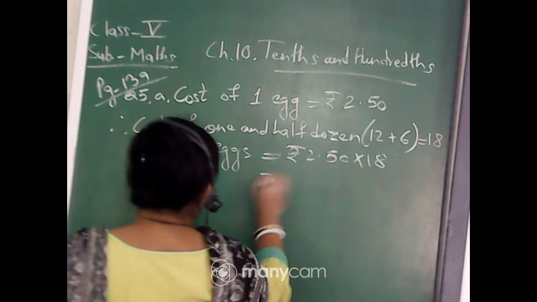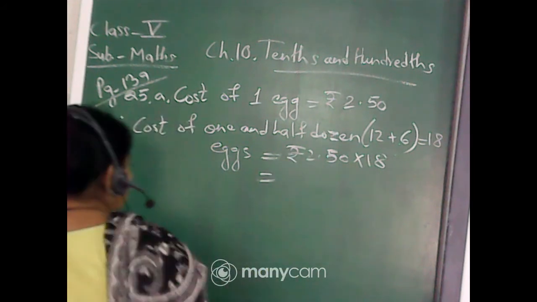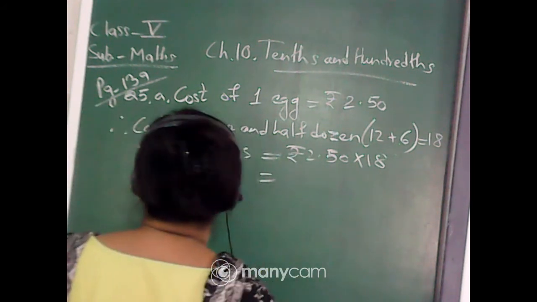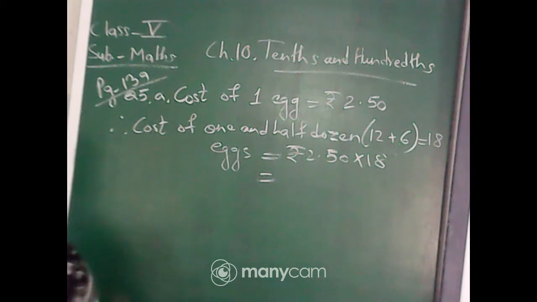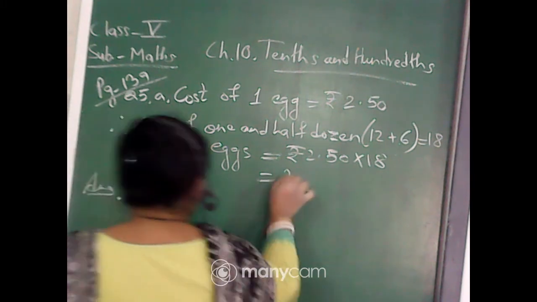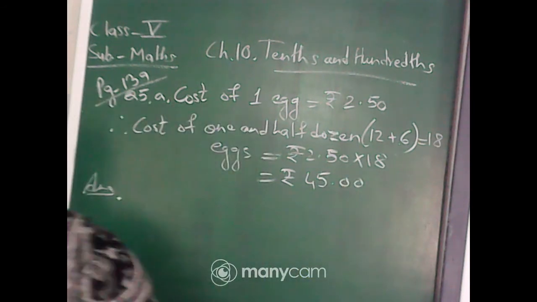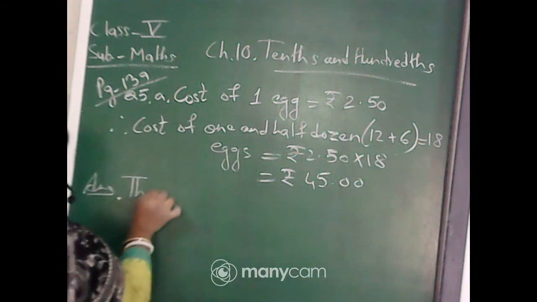Now quickly multiply and tell me the answer. Rupees 2 and 50 paise into 18. Quickly multiply and tell me the answer. Yes, it is rupees 45. Now you will write the answer, the cost of